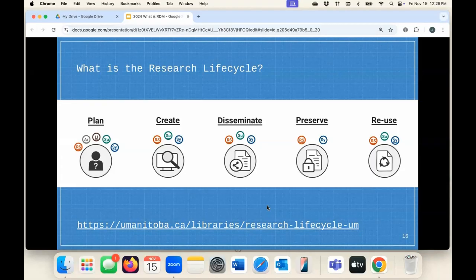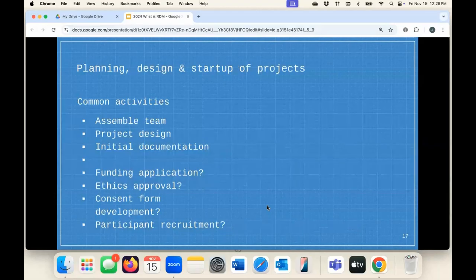So our session for the rest of the time we have together is sort of following these 5 stages. I'm going to use slightly different terminology for each of the stages, but this is what we're looking at. And you will probably encounter along the way other life cycle images that are more complex, less complex. So that's fine. 5 is what we're working with today. All right. If anybody has questions about anything, now might be a good time to throw them in just before you forget, because we're getting into a whole other component of research data management.